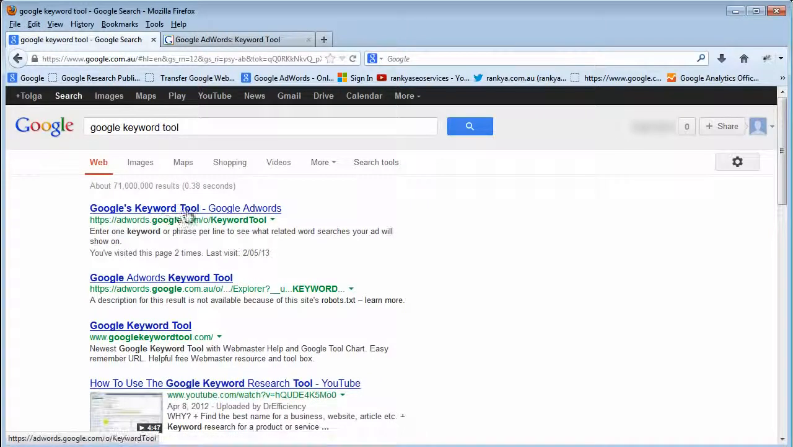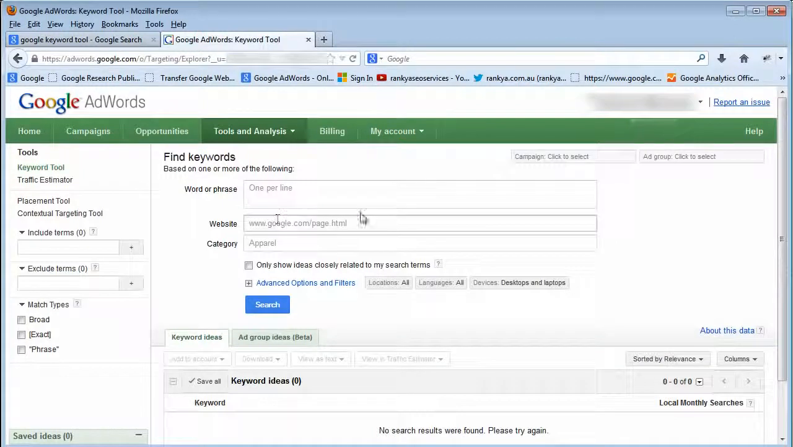Simply we go to Google and type Google Keyword Tool, and it should give us the result as far as this URL is concerned. It should be the first result. If not, just keep in mind that this is the URL. And the interface looks like this. Now,